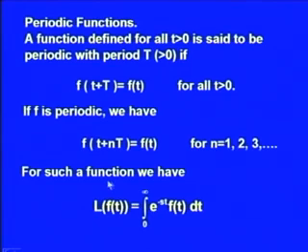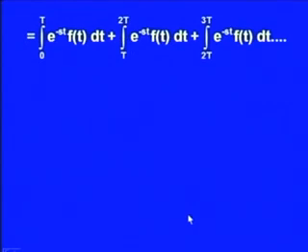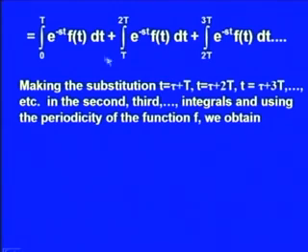So, for the periodic function, L of f t can be written as the integral from 0 to infinity of e to the power minus s t into f t dt. And now, using periodicity, we will break the interval 0 to infinity into parts 0 to T, T to 2T, 2T to 3T and so on, and make use of the periodicity of the function f t. So, in the second integral onwards on the right side, that is the integral T to 2T, the integral 2T to 3T and so on, we shall make substitutions t equal to tau plus T, t equal to tau plus 2T, t equal to tau plus 3T and so on,